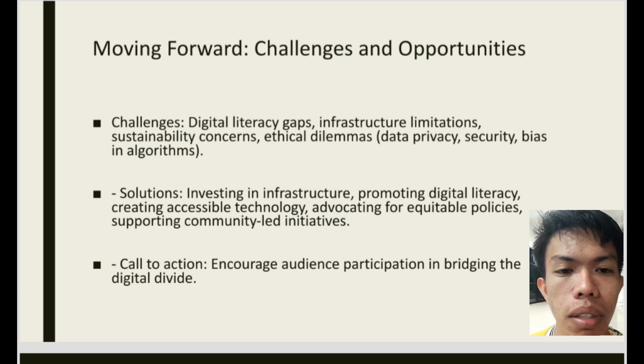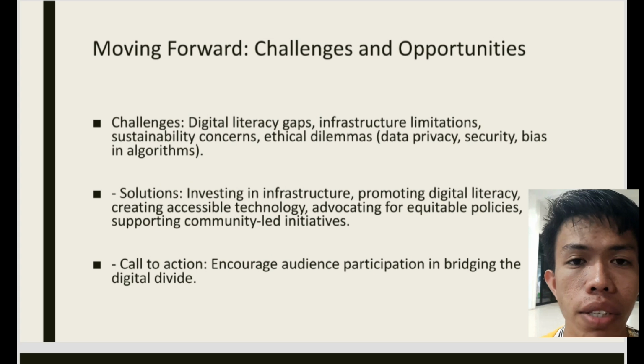Furthermore, sustainable solutions require long-term commitments from both public and private sectors, ensuring ongoing maintenance and support for infrastructure and digital literacy initiatives. So, these collaborative efforts, grounded in community needs and sustained over time, are key to creating lasting impact.